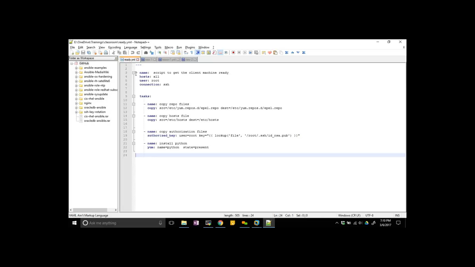This section tells you about this playbook, what hosts it has, what user it has, and what the connection type is. You don't need to mention the connection, but if you want, you can mention that connection is SSH. When you see hosts colon all, user colon root, these are called dictionaries. Let's write.